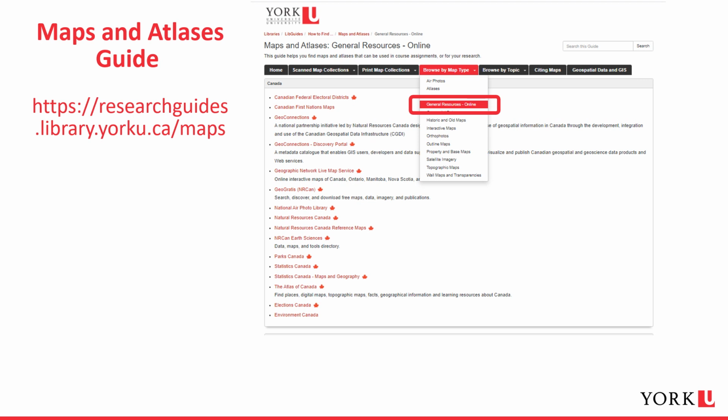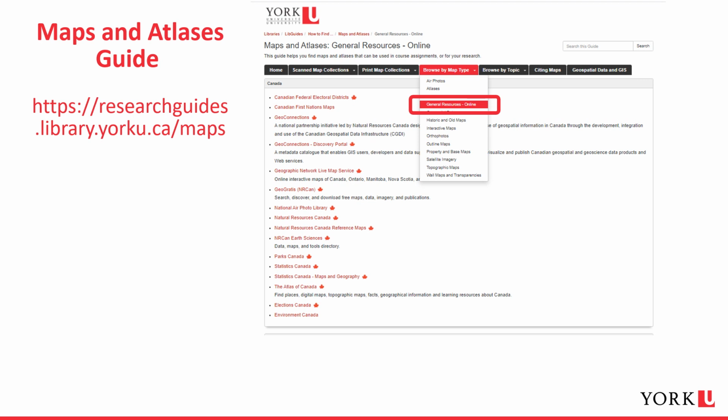Accessing the Browse by Map Type tab is useful for most major map and data portals from Canadian and international governmental sources. Of course, many of these sites could be accessed through a Google search. However, many are obscure and end up buried far down in one's search results. Knowing that all these resources have been vetted, evaluated, and verified for authority by data and map librarians offers a value-added feature for researchers in the academic environment.